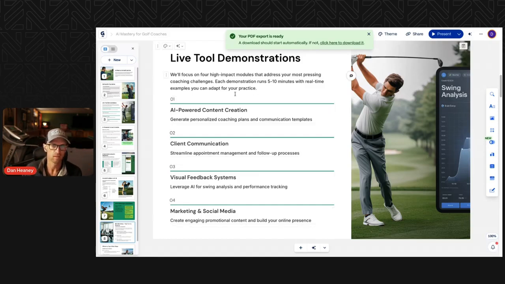One of the biggest things that AI can potentially help you with as a coach is content creation. But I want to make sure that if you're going to use AI for content creation, there's a way that you strategically do it so that you don't sound like AI. The reality of content creation on the internet right now is that there's more content produced now than there ever was before. And that is only going to go up.